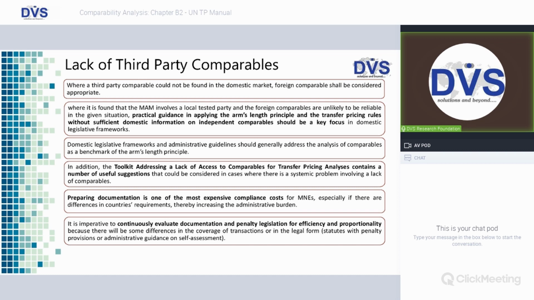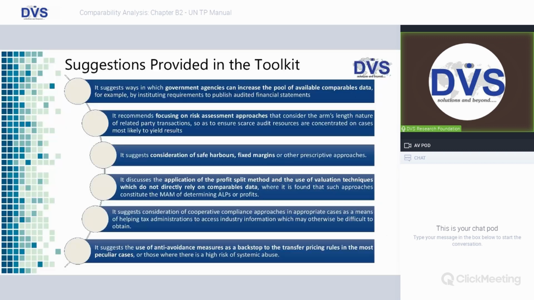The toolkit addressing a lack of access to comparables for transfer pricing analysis contains a number of useful suggestions. What are those suggestions? We'll see, friends, because there are certain suggestions given by the UN TP Manual as to what should be done in case there is a lack of third-party comparables. Government agencies can increase the pool of available comparable data. So for example,